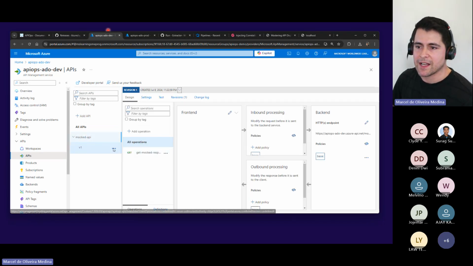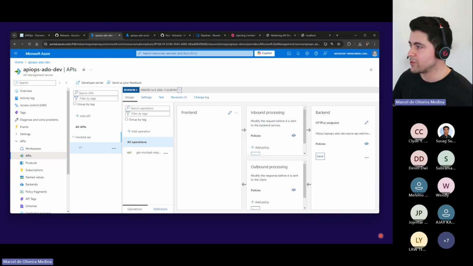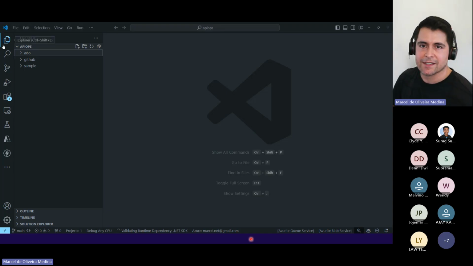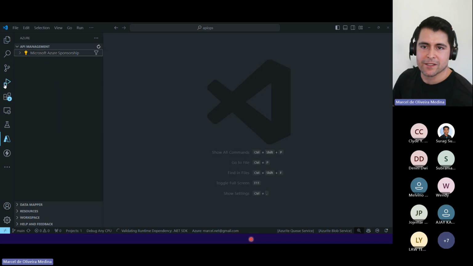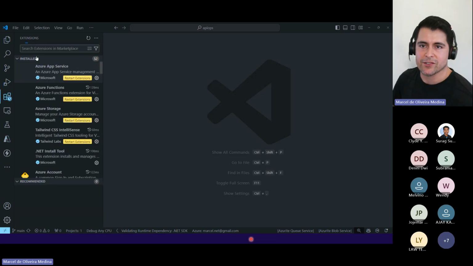What it does is, I have my instance, but I also have my Visual Studio Code. And in here there's an extension on Azure where I can hook to API Management. I have this one called extensions in here.